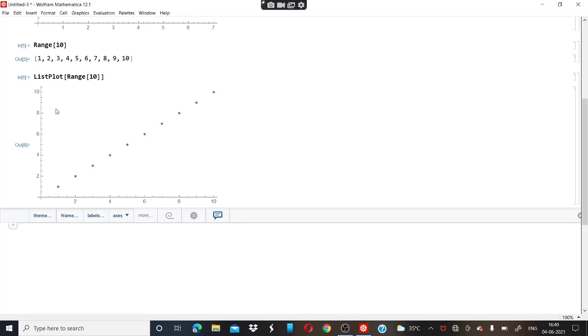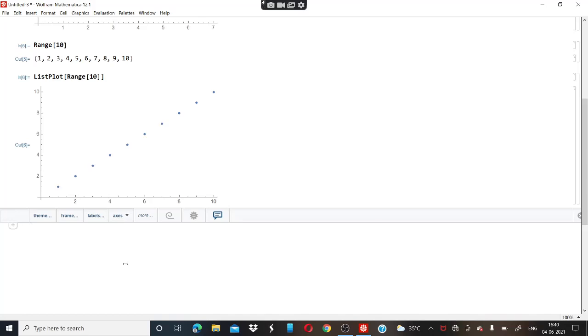Here you can find that you have the range from 1 to 10 and you are going to plot this on the graph. Here this is your 1. At 1 you have 1, at 2 you have 2, at 3 you have 3. Accordingly, it plots the graph. Now let us assume you want this in reverse order.